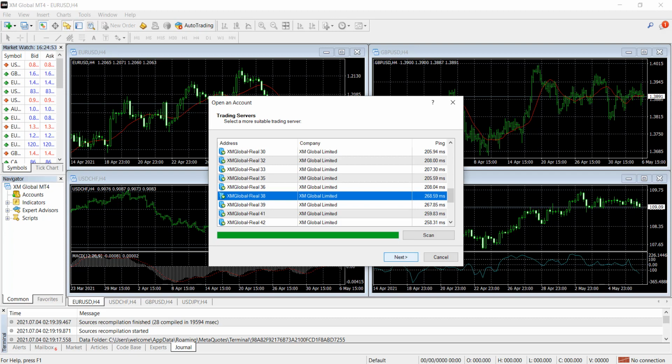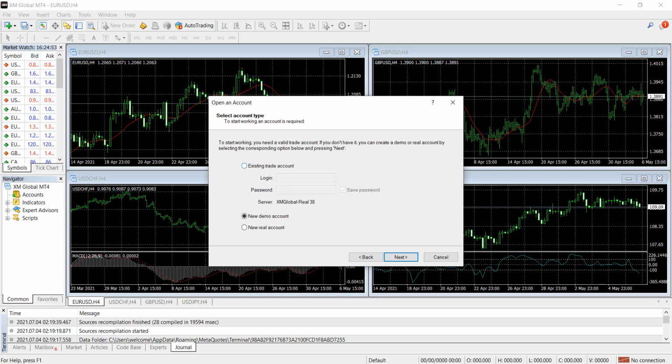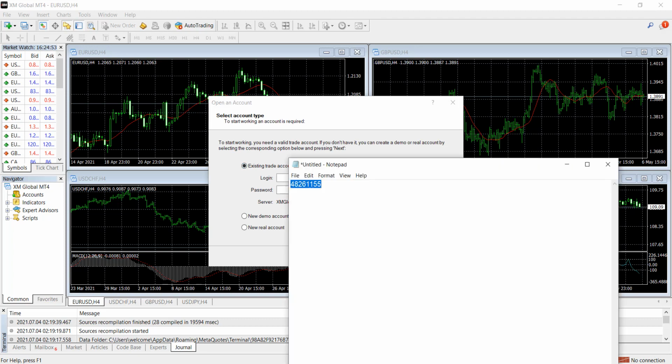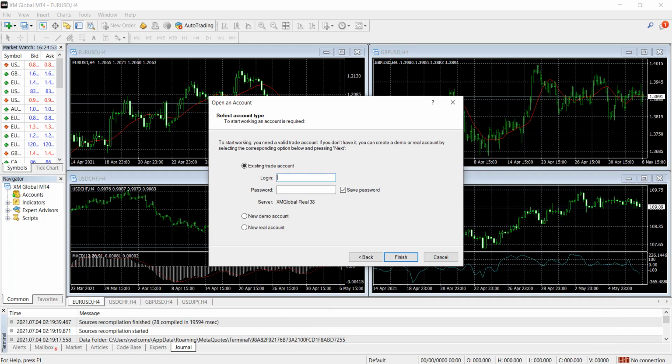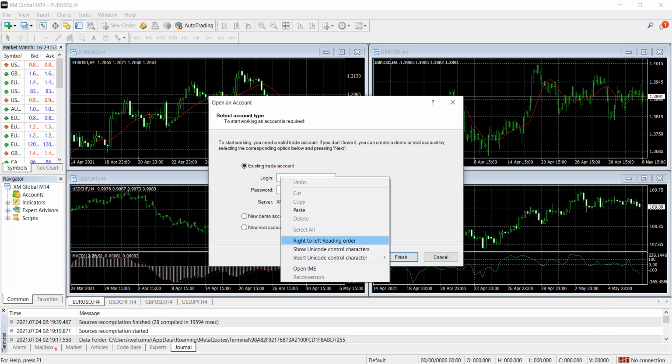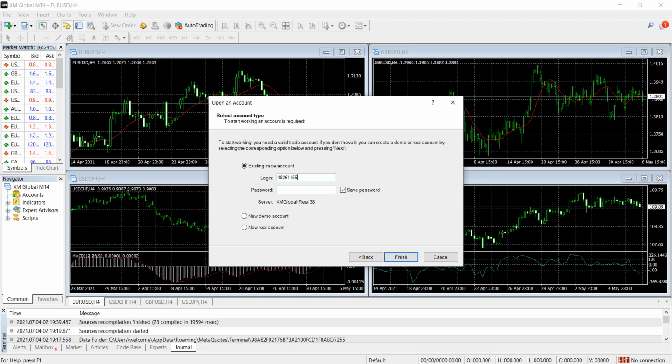Then click this next option, then existing account. From here, just click your ID and copy to paste. Put your password, and then from here you can just click finish.